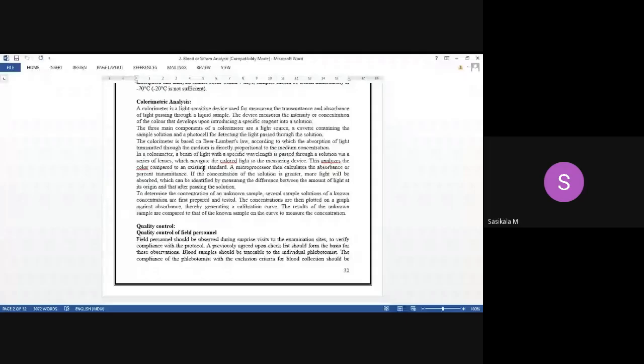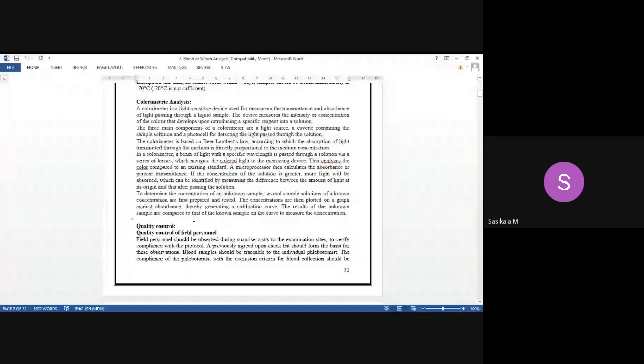Okay, and you have learned which containers are used for collecting various kinds of blood samples, and what fluids we are generally analyzing. Everything we have discussed regarding blood sample analysis, right? But we have not discussed the analysis part of that sample, how it is analyzed by using the colorimetric method.